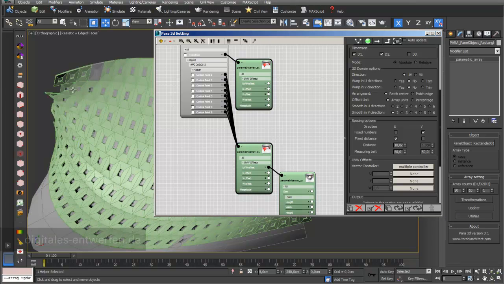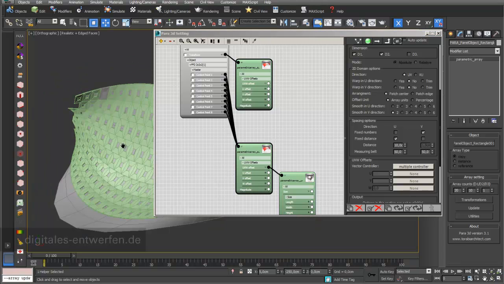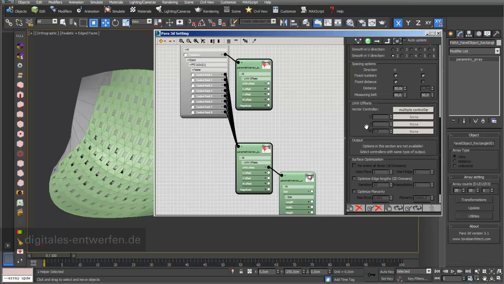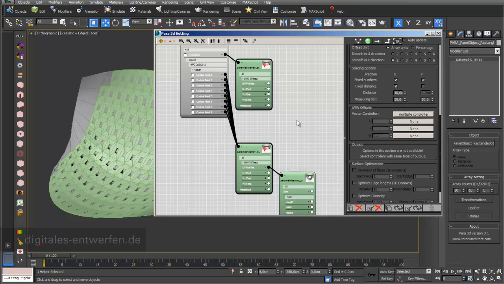And we just see it goes until the end. It also moves them a little bit. We talk about this later. So it just looks like this, but the amount of items is still not enough to satisfy the whole surface. I just select fixed numbers again. And what we can do if you want to do this, that all my whole surface is